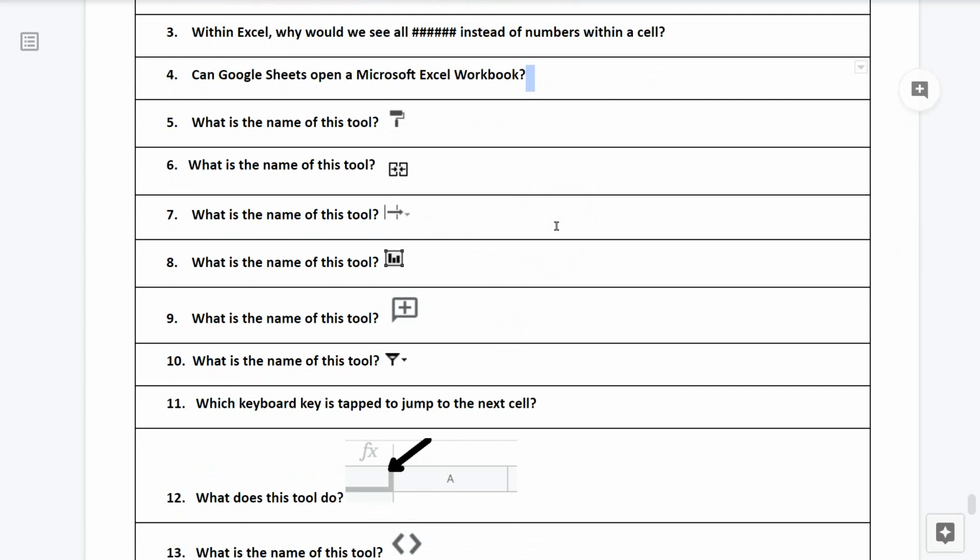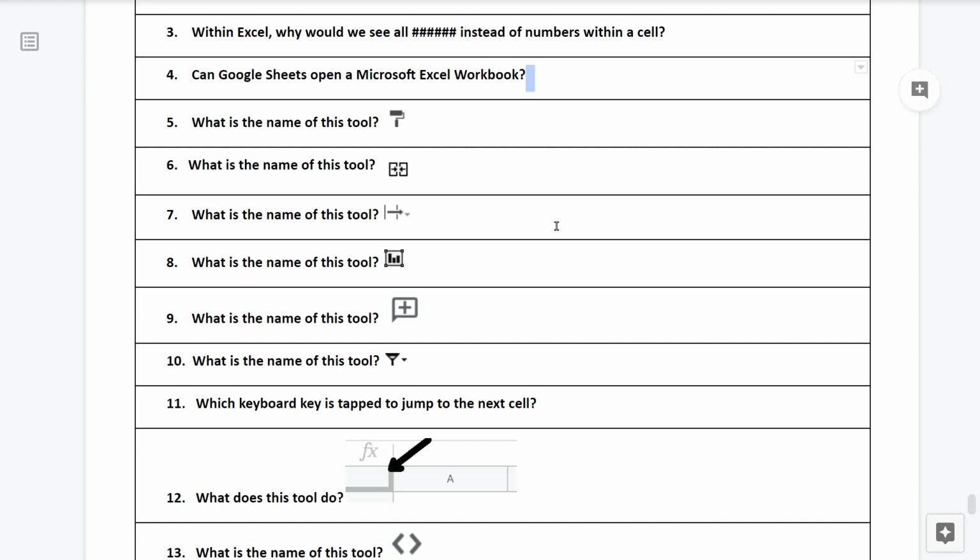Number 4. Can Google Sheets open a Microsoft Excel workbook? Number 5. What is the name of this tool? Number 6. What is the name of this tool? Question number 7.